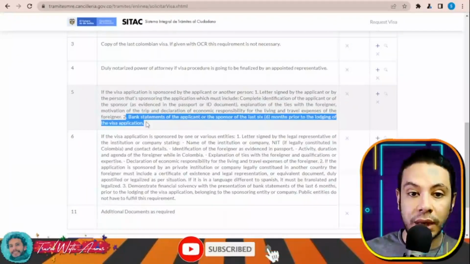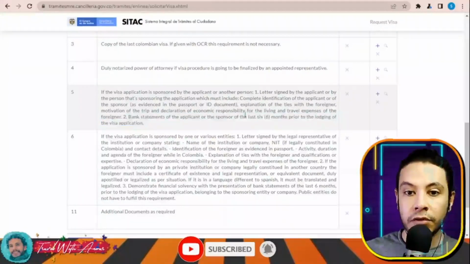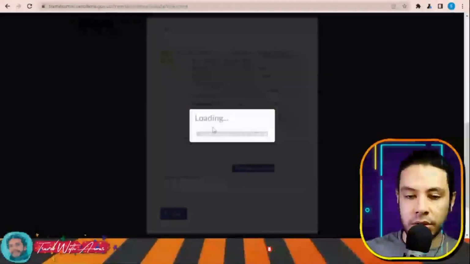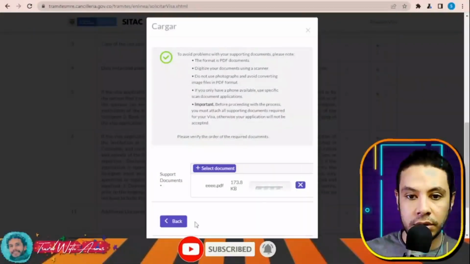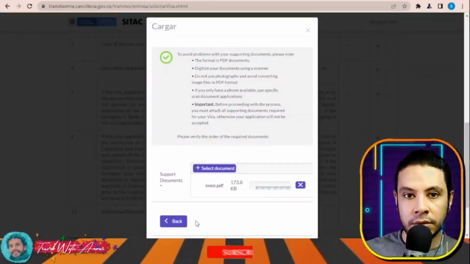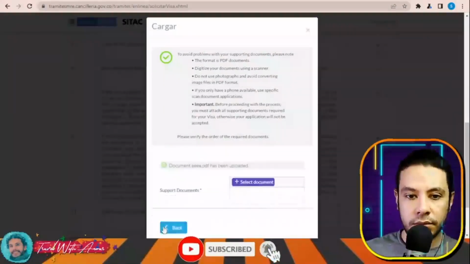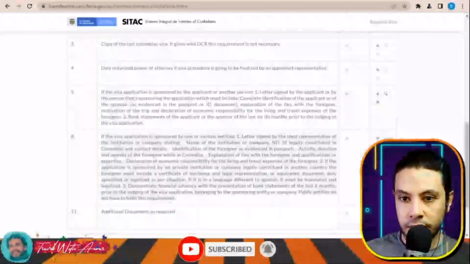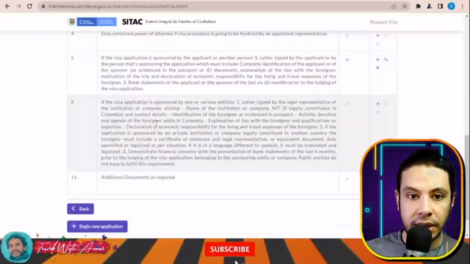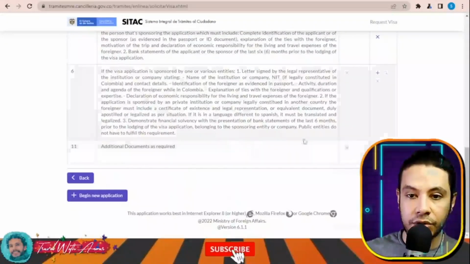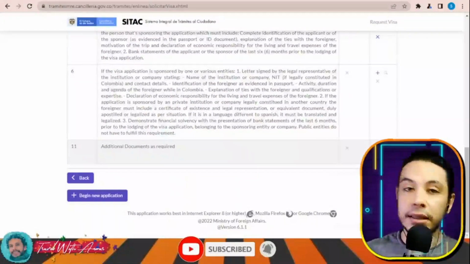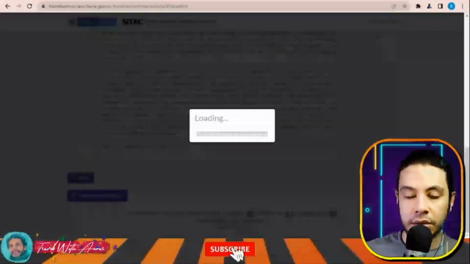Otherwise, you need to upload a bank statement for the last 6 months. So let's say that I have the bank statement. I will upload it here. Okay, and if the visa application is sponsored by a company, a letter signed by the legal representative, no. Okay, additional documents as required. If you have any additional documents like tickets or hotel booking, you can also provide them here. Then click continue,